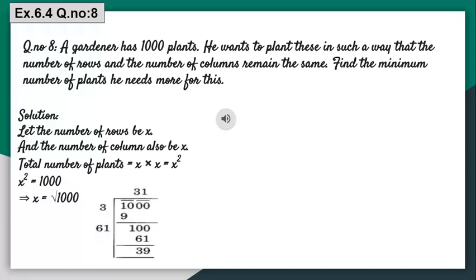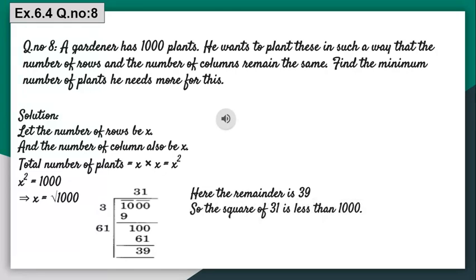In the question, how much do we need more? So we have to add, the square number should be more than 1000. So we have to see the next square. What is the next number? That is 32. And the square of 32 is